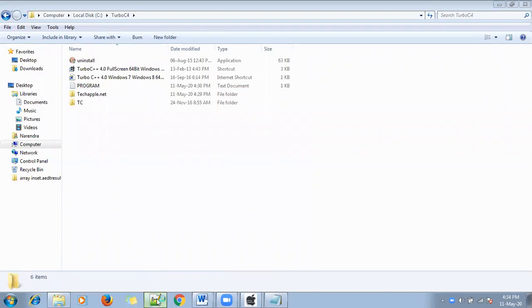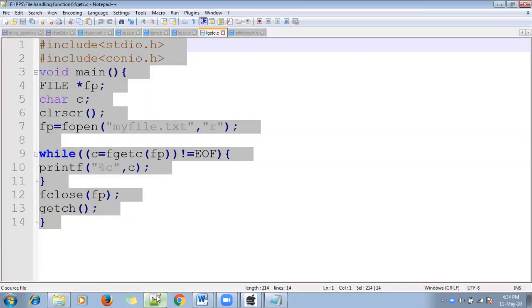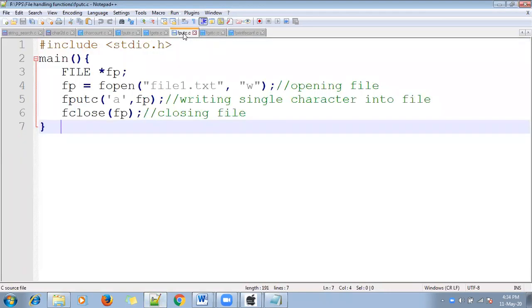programs for fputc and fgetc. So the fputc function is used to put data into the file. fputc is used to write a character.